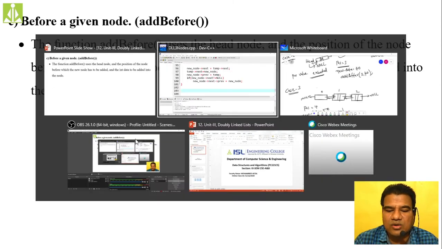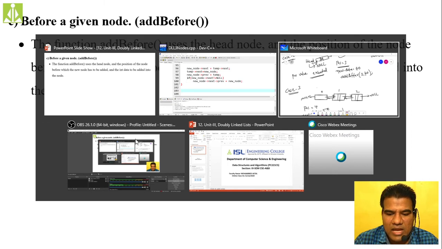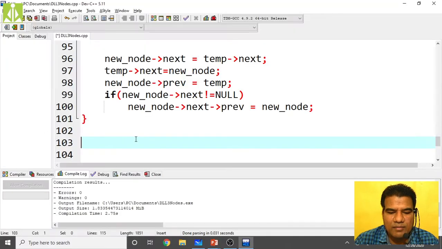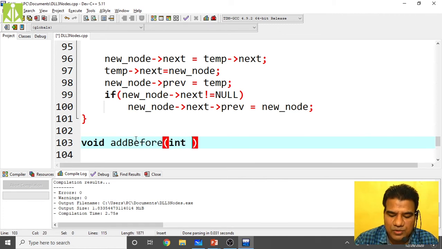That is the only thing that will change. So I will write the code and make you understand how I'm writing it. Add before will also take two things: int position, and int new_data.